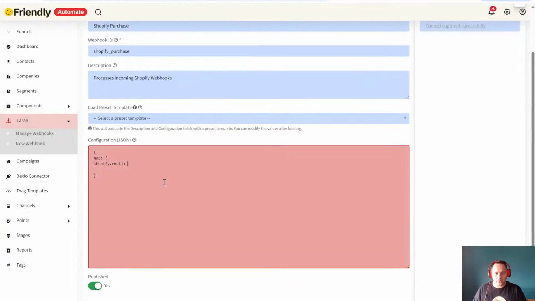That should be equivalent in Mautic as email, like this. And you have maybe Shopify first name, which should be equivalent in Mautic as first name. So if you run this, if you save this,